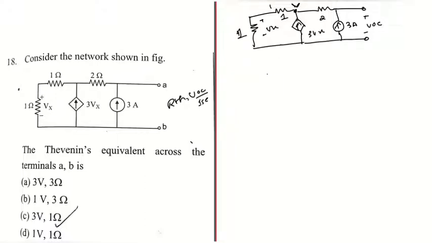Right, in the node equation I get V divided by 2. Let the current be that current flowing away from the junction. Two currents are flowing into the junction. Since this is open circuit, the whole 3 ampere will be flowing to this particular node only. So it will be equal to 3 Vx plus 3. Okay. From here I get V is equal to 6 Vx plus 6. Right.